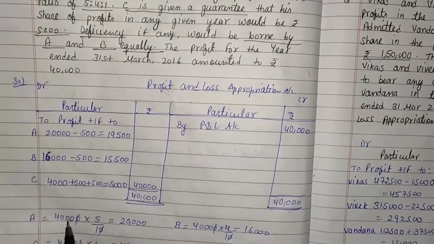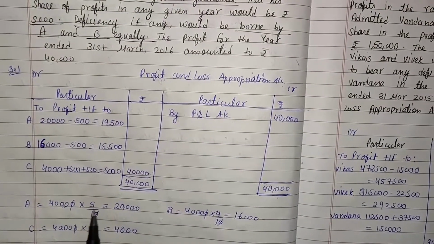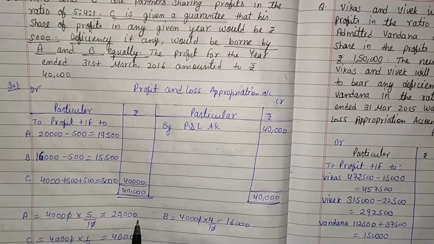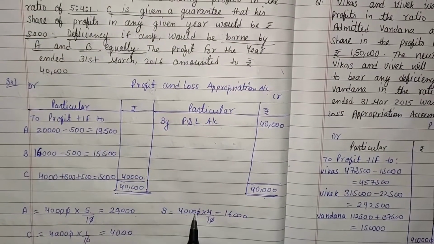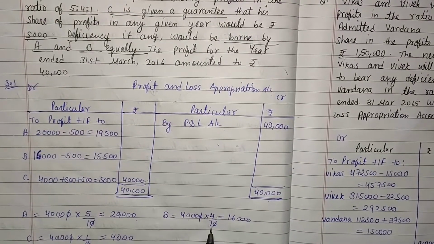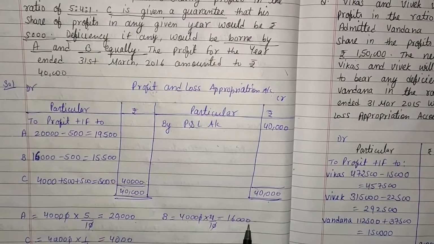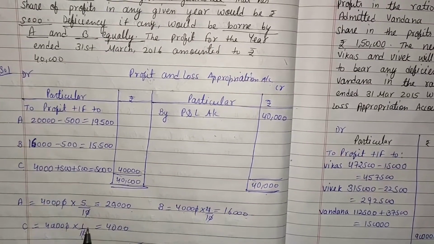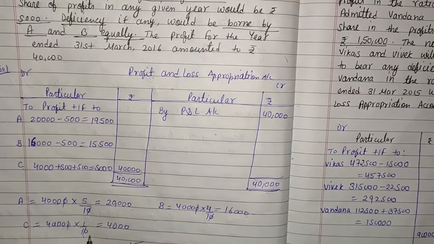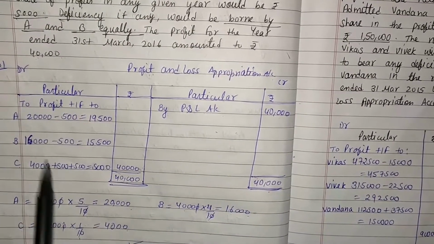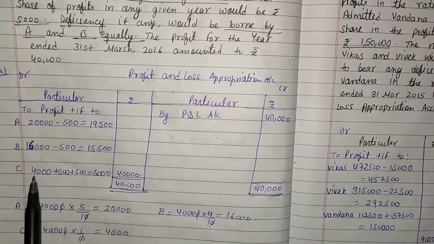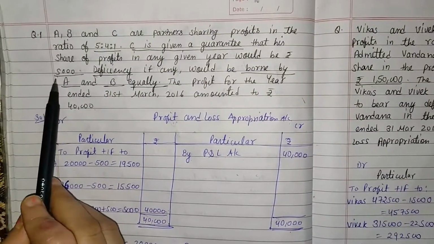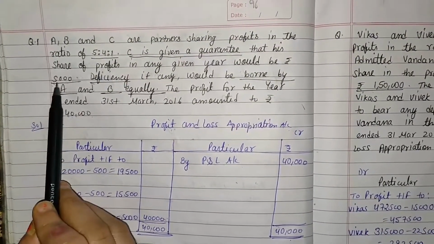So 40,000 multiply 5, because A's share is 5, total of this is 10, and A is getting 20,000. Total profit is 40,000, B's share is 4, total of this 10, and B is getting 16,000. C's share: 40,000 multiply 1, total 10, and C is getting 4,000. So 20,000, 16,000, 4,000. But here C is the guaranteed partner, and A and B give a guarantee of rupees 5,000,